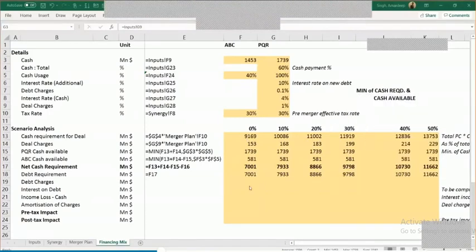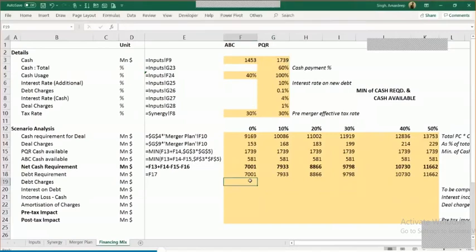Now, what happens is when you go to the bank for raising a loan of $7 billion, which is obviously a pretty big amount, what do you think the bank is going to do? It's going to say, okay, I gave you that loan, but let me do my own processing. So there is some bit of debt charges which are involved. And debt charges are usually taken because of the due diligence, the legal due diligence that is done, the documentation work, the legal work, and all that stuff that the bank has to do. So the bank typically charges some amount which is called debt fees, right? You could also call it a financing cost or a financing fee.